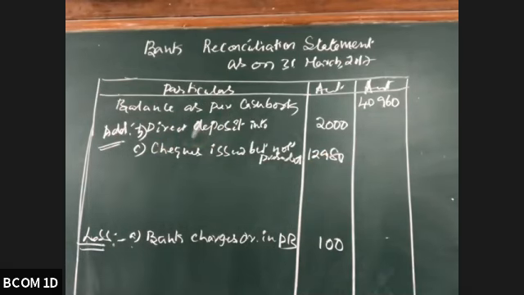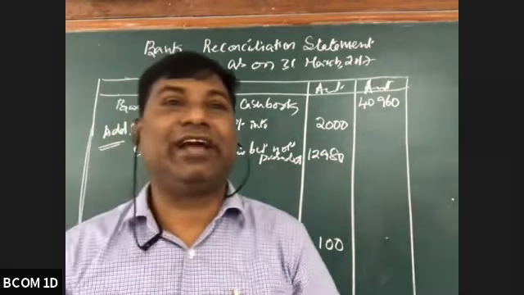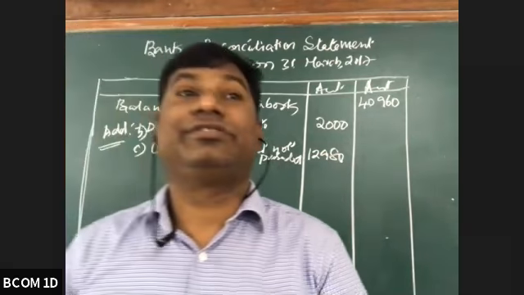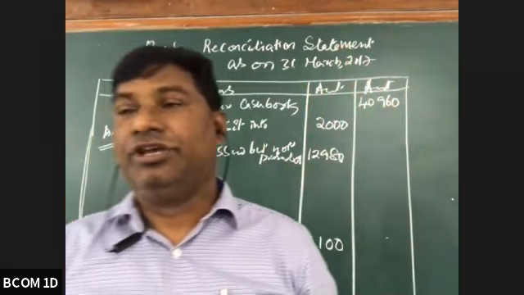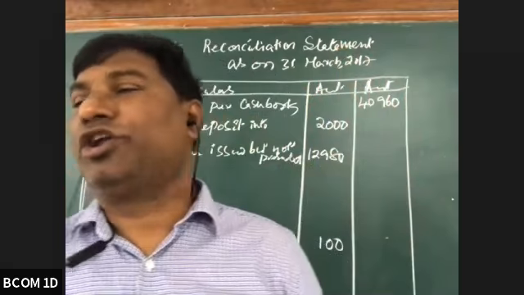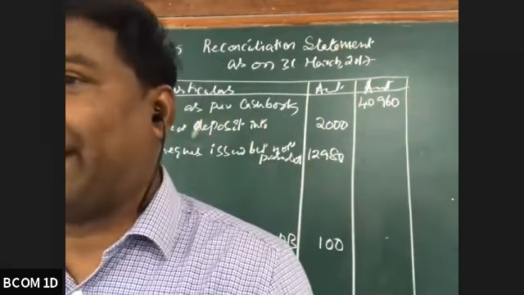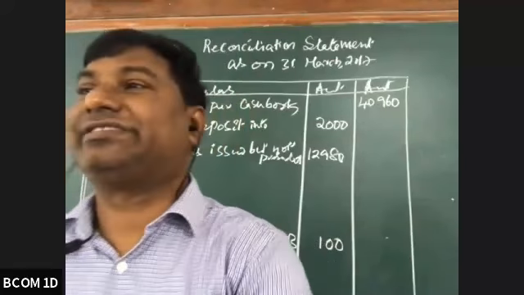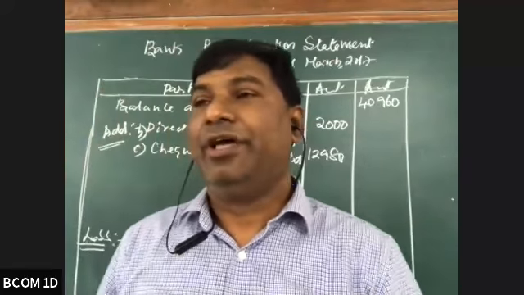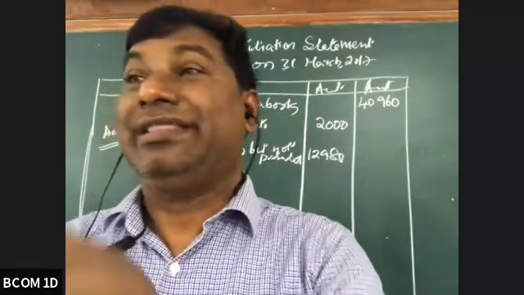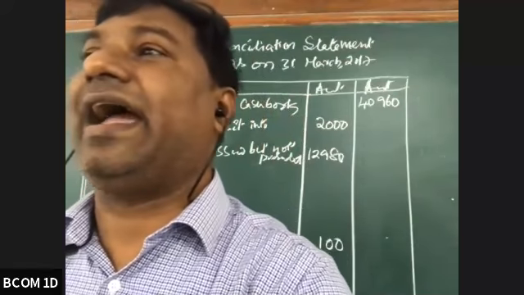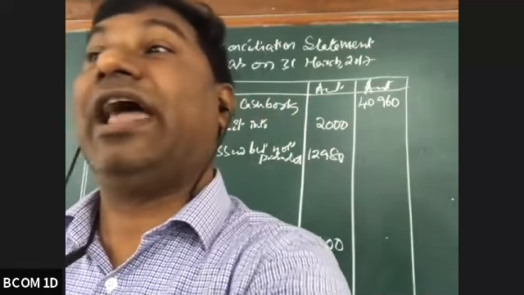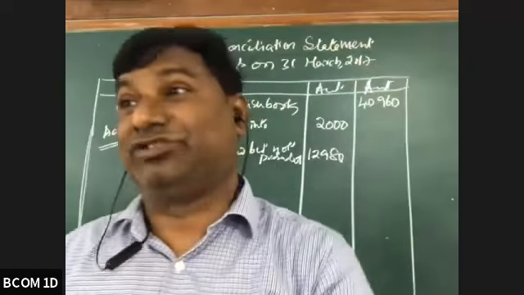Discounting charges not recorded. There are some discounting charges. What is discount? Sometimes the bills are discounted. There's a separate topic called bills of exchange. Whenever you want money, you take the bill and give it to the banker. If the bill value is 1 lakh, you will say, sir, discount it and give me money. I need money. The bill value may be 1 lakh, but the banker will discount it at, let us say, 10%. He will give you 90,000, and when it matures, he will take 1 lakh from the person from whom this money is to be collected.